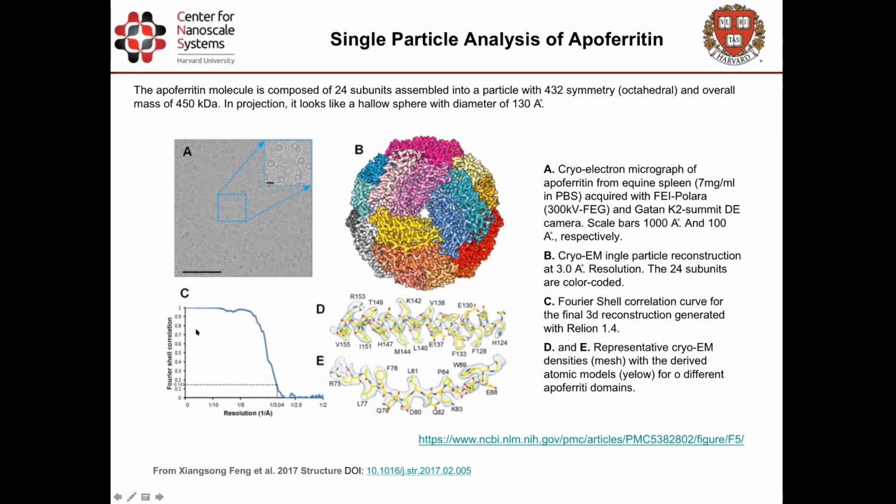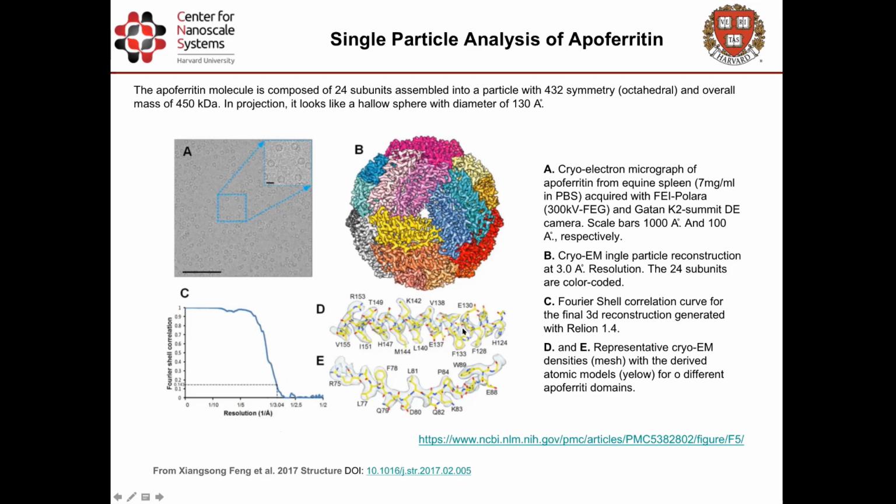These are alpha helices. Here is the validation. The criterion by which the resolution is assessed for a Cryo-EM map is called the Fourier shell correlation plot. It's basically a Fourier shell correlation between two 3D reconstructions from two halves of the initial data set. At 0.143 Fourier shell correlation, we have the resolution of our model, and in this case it's 3.04 angstrom. 0.4 is of course meaningless, therefore 3 angstrom is the resolution we can accept for this structure, and the model is also validated by fitting the atomic structure in the density derived by